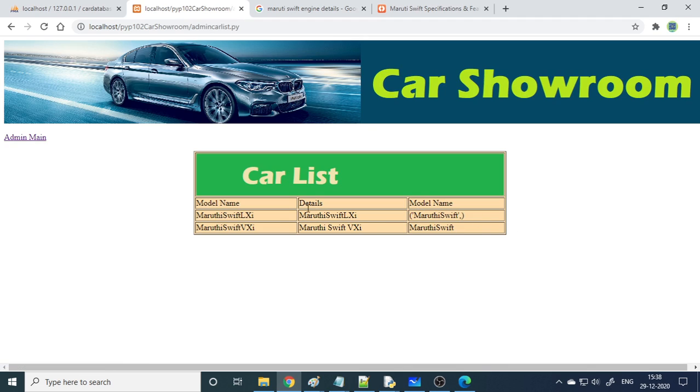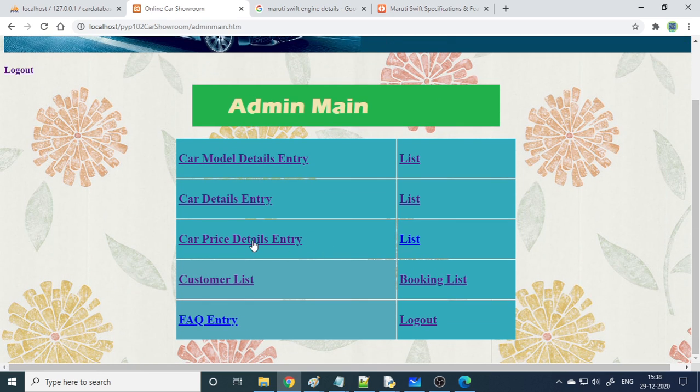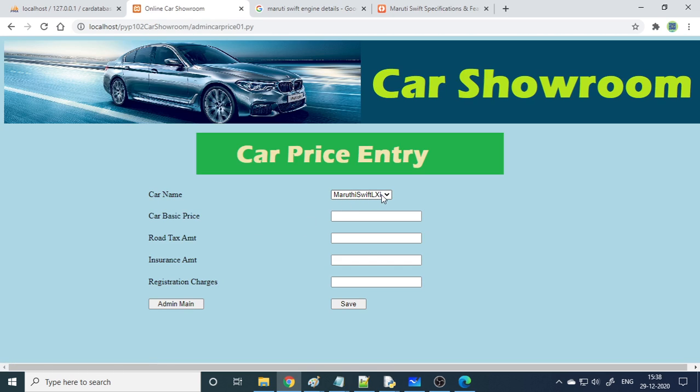So you can see the list. What are the entries that are done? That list is available over here. So next one is car price details. So here is Maruti Swift LXI and VXI, both are there. So we'll take LXI. So basic price it starts